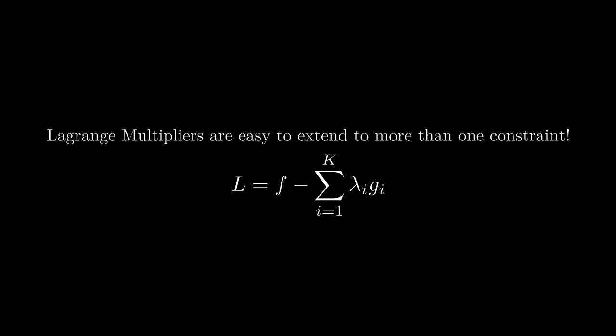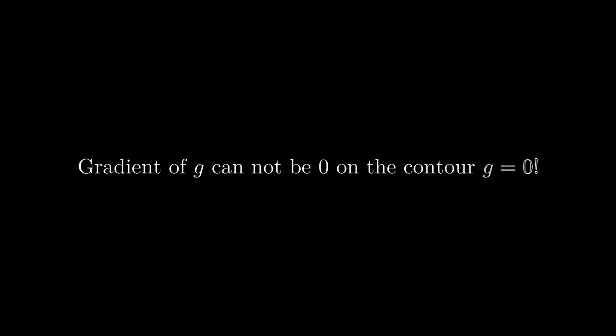This is going to give you a system of n plus k equations, and the solutions to those equations are going to be your stationary points. If you understood most of the stuff in this video, you should be able to figure out why that works. Second, because this whole scheme is based upon finding situations where the gradients align, you can run into some trouble when the gradient of g happens to be 0 on the contour where g is equal to 0. If this is the case, you're going to have to come back and manually check those points for